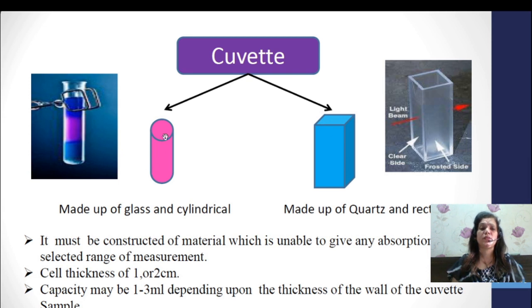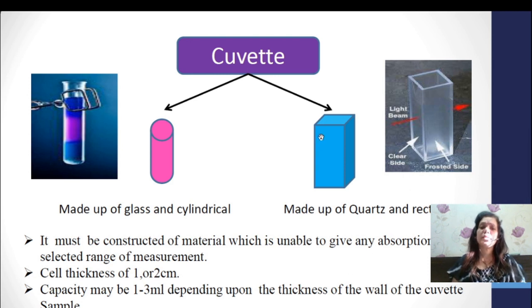So if I utilize the same glass material in spectrophotometer, glass absorbs in UV region, so we need to replace this particular cuvette by quartz. So this has been called again a cell with internal thickness, usually 1 or 2 centimeter. The amount required in colorimeter or spectrophotometer during determination is 1 or 3 ml, which is sufficient to utilize during measurement.